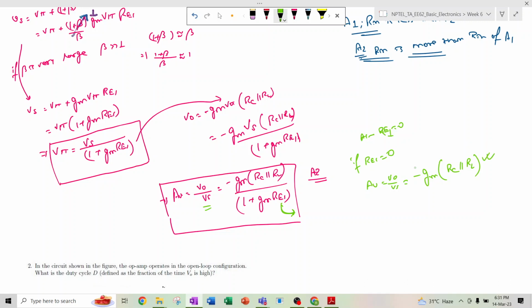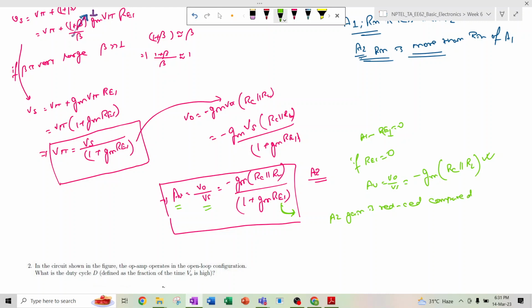So if we introduce RE1, then the gain is reduced. That means for A2, the gain is reduced